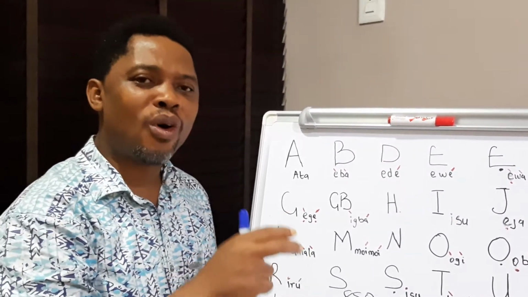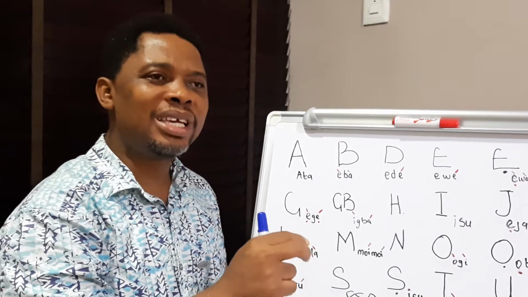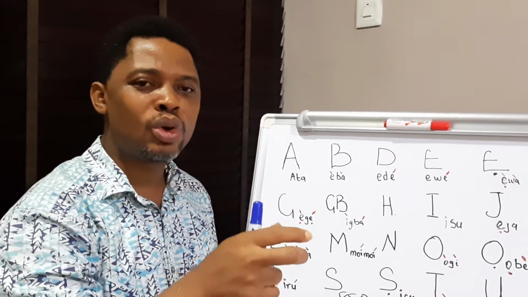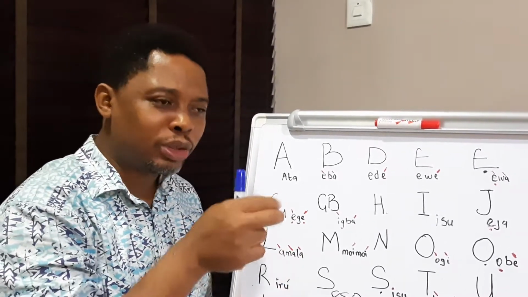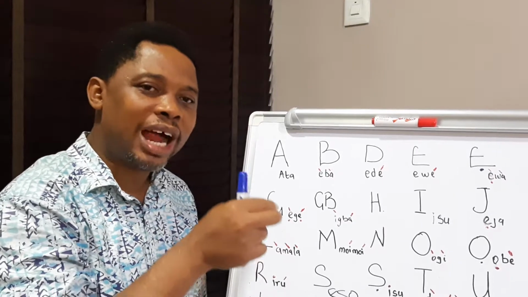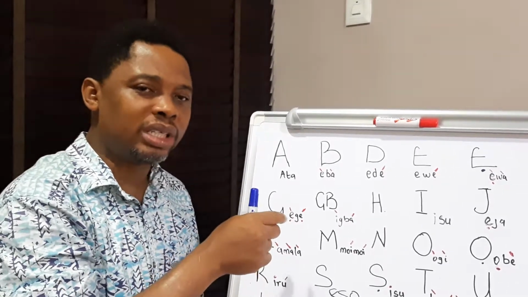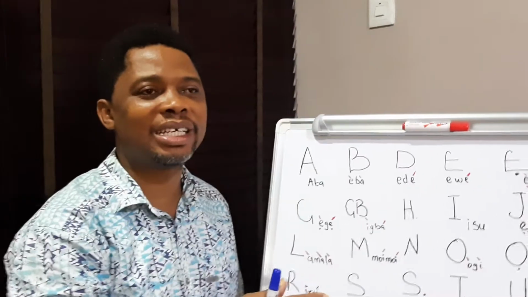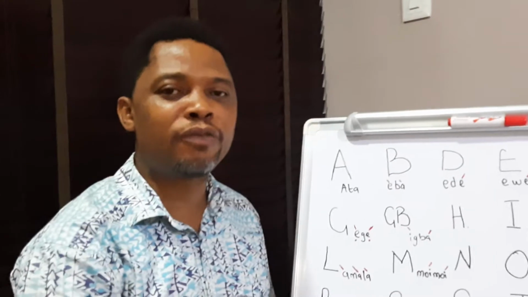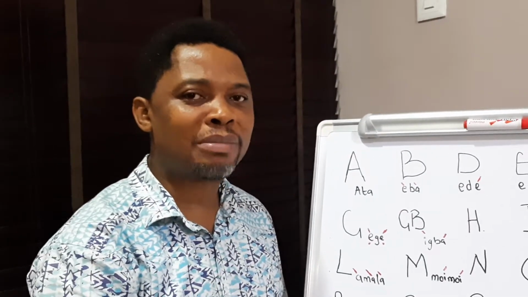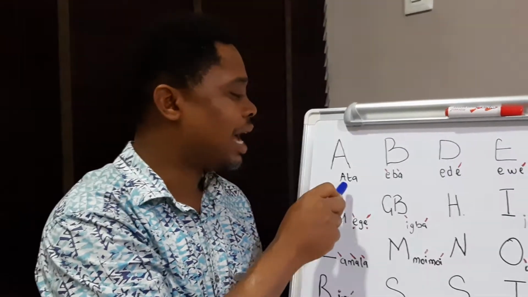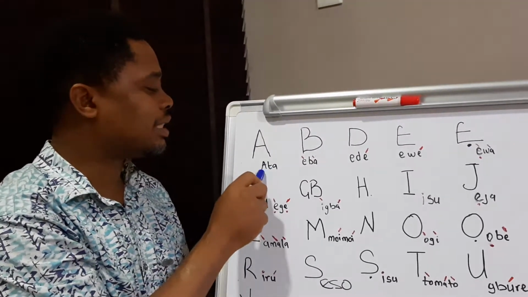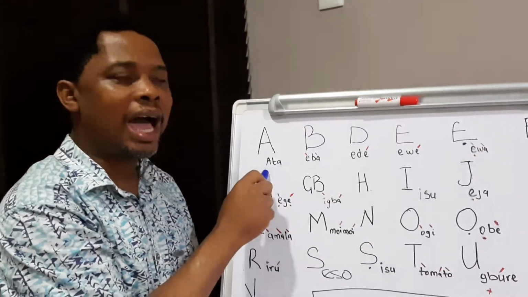We want to look at the words and see the part that each alphabet plays in how we put the word together. The position and the part of each alphabet in the example word that we have under it. And essentially the words that we'll be using are the names of food in Yoruba. For example, ata. Ata is pepper. Ata, ata.